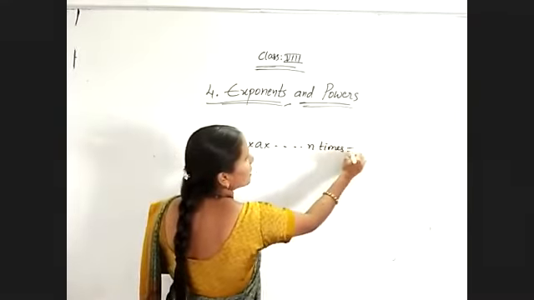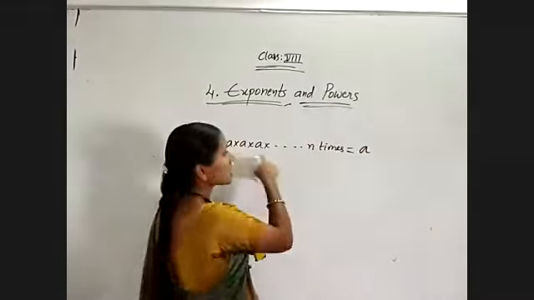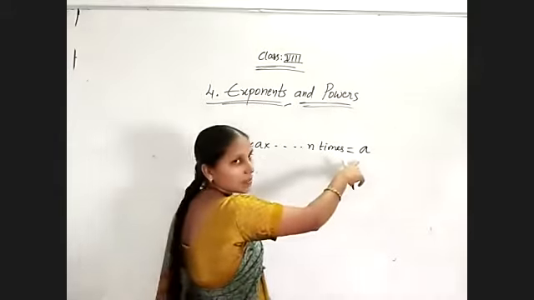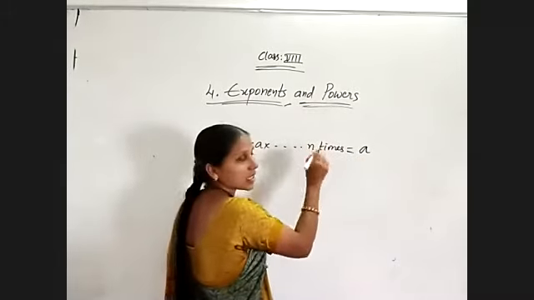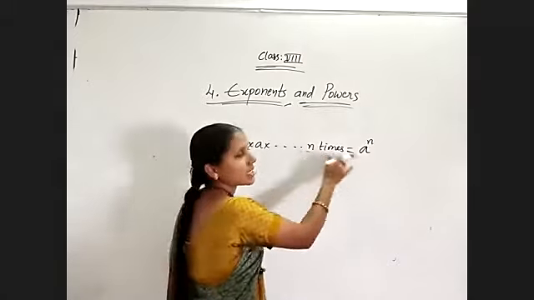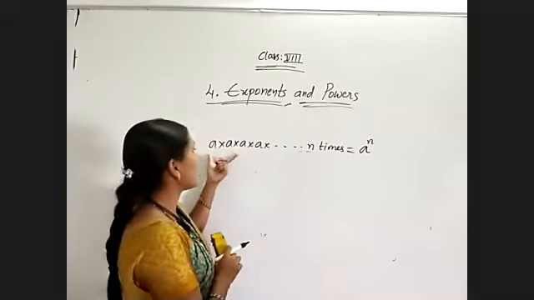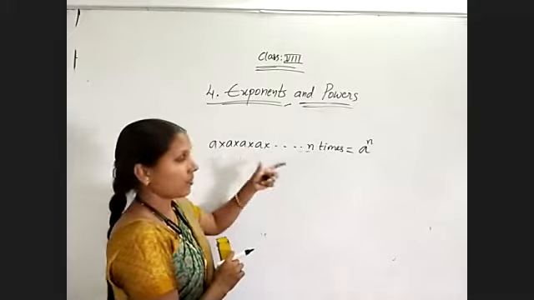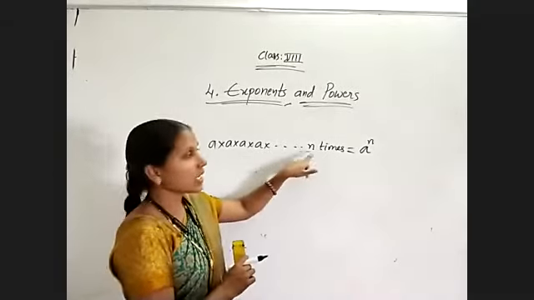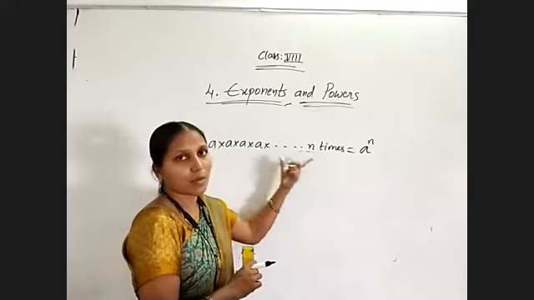It should be represented in the exponential form by the number which is repeating. That number is the base, and then how many times it is repeated? 10 times it is repeated. So, like this, we will write the exponential form. A to the power of 10 is the general form of exponential form. When A is multiplied 10 times, that value is equal to A to the power of 10. This is the general form of this